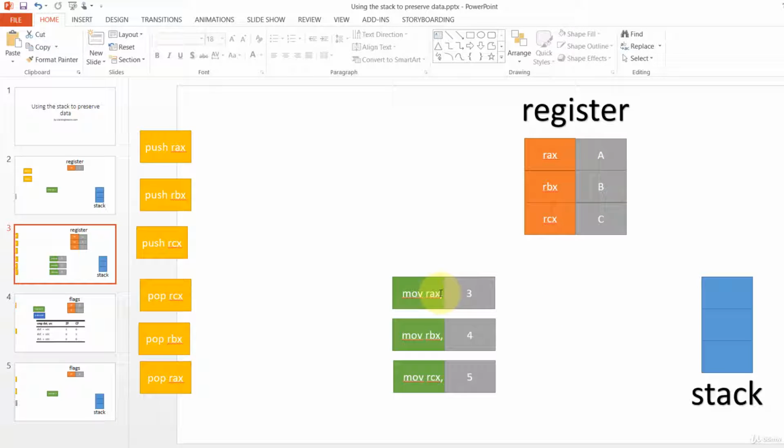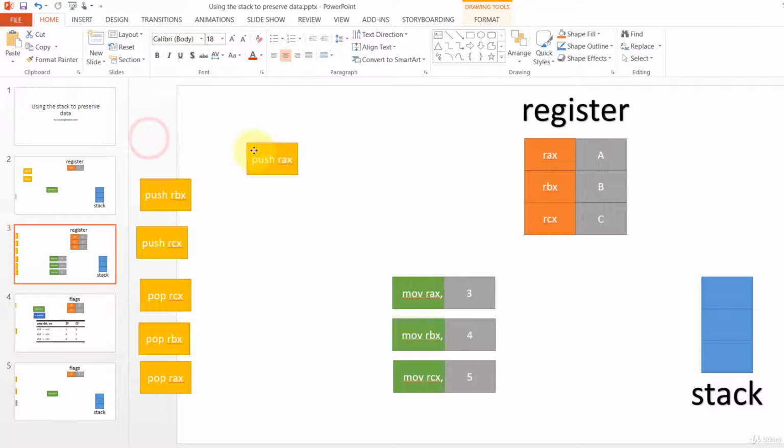So before we move 3 to RAX, we should push RAX. That means we save whatever is in RAX, push it on to the stack, save it here. Then we go ahead and do whatever we want. But let's say we also wanted to do something with the RBX register, right? So after we did this,